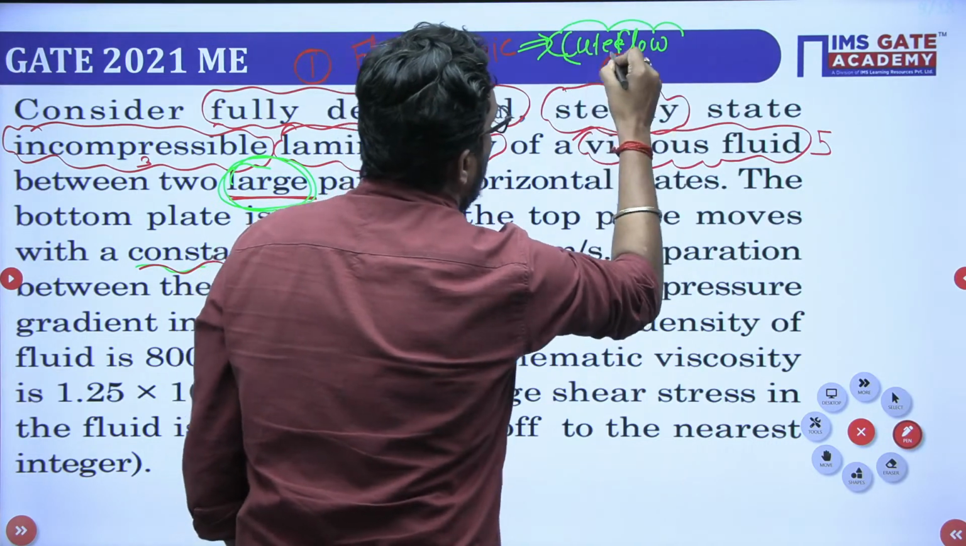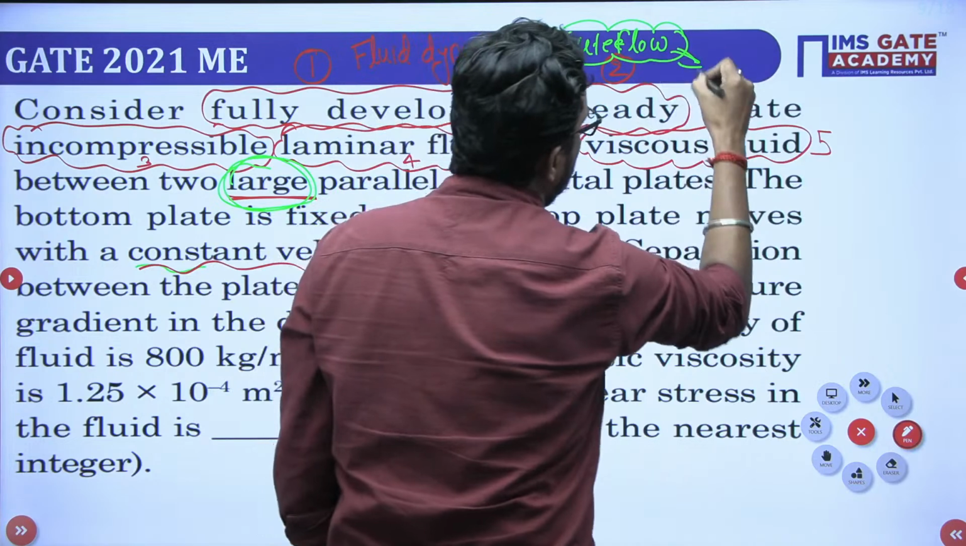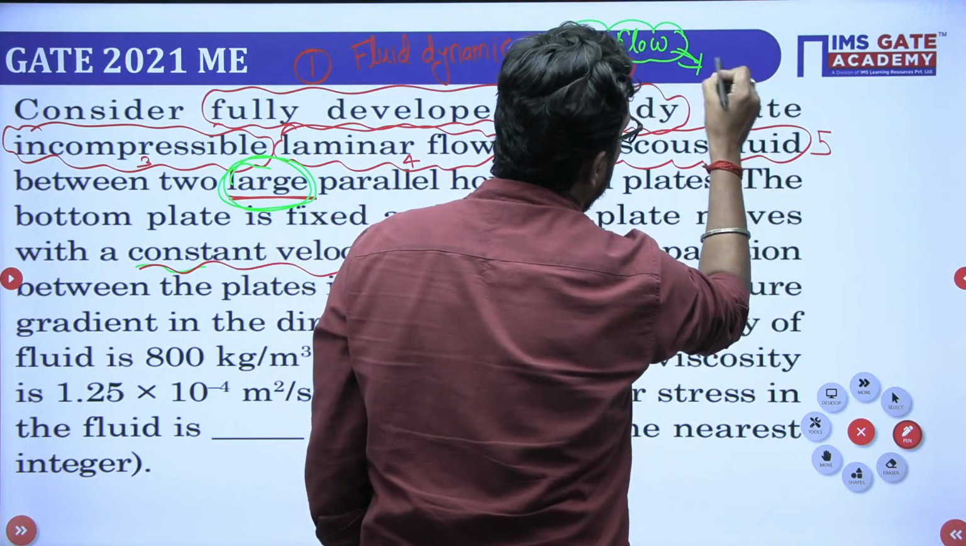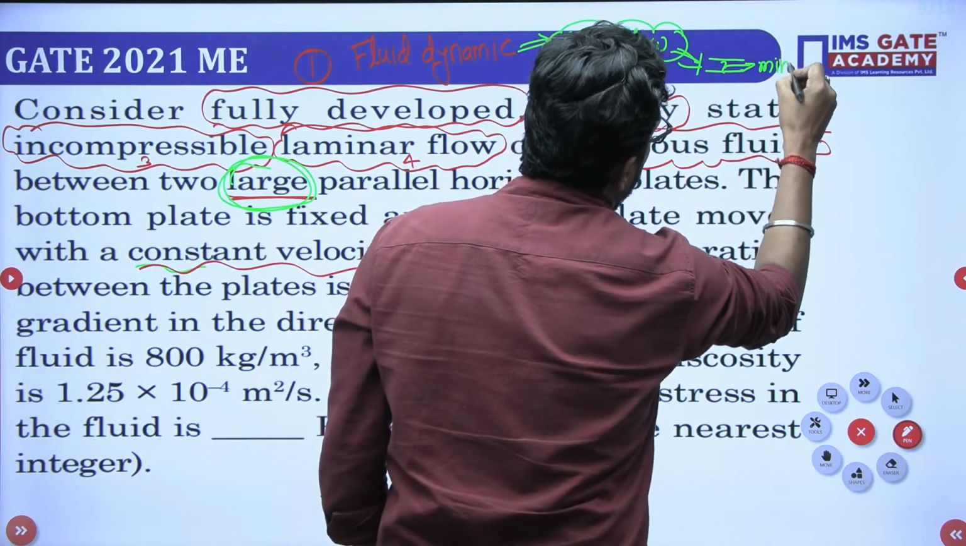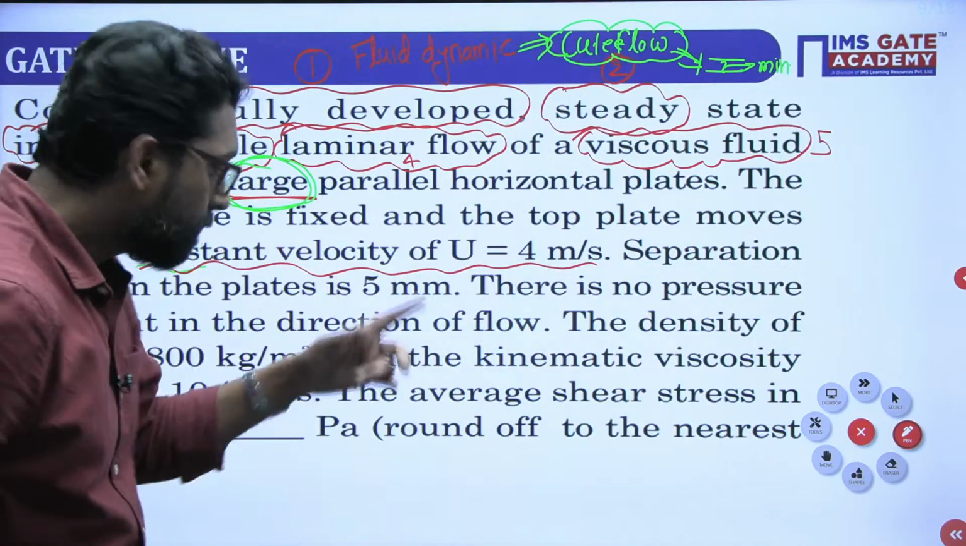Couette flow. And what is unique about Couette flow? The gap between the two plates is minimum. That is called Couette flow. Now, my dear,